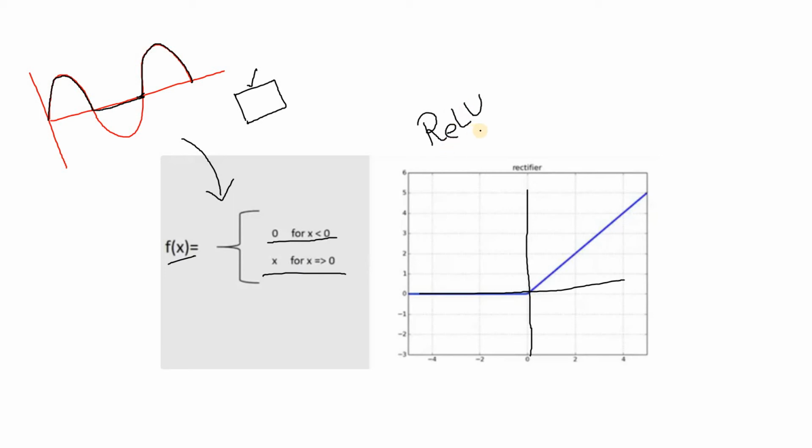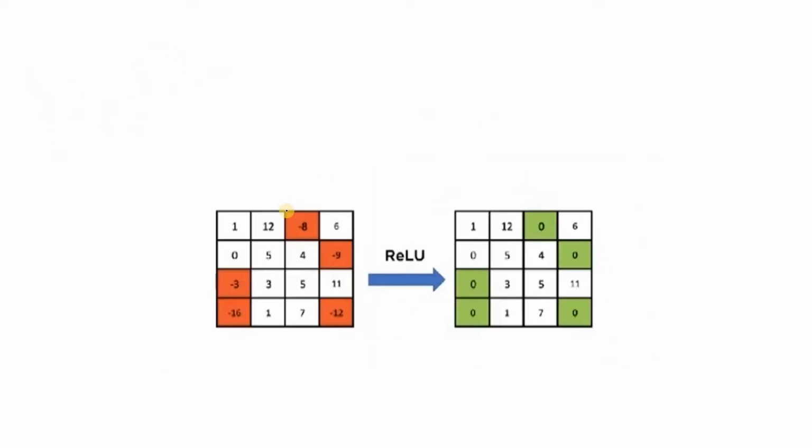Okay, so this is just an abbreviation of rectified linear unit. That is nothing but one rectification function, how a rectifier works. This kind of activation function we can apply on our convolution outcome. Suppose the convolution outcome we are getting is one matrix, and we are applying the ReLU activation function on this matrix. See, here a negative value is present, here a negative value, here negative values. All these negative values are replaced by 0, and all the positive values remain intact. So this is how ReLU is working.